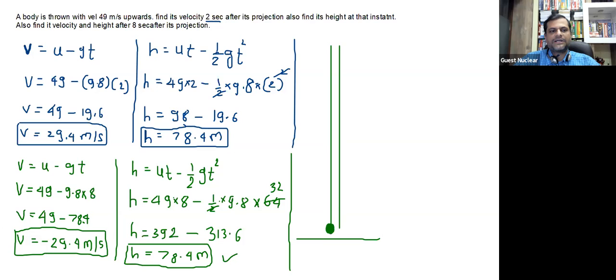तो अभी जब जाने का जो उसका पाथ है, तो वो देखो केयरफुली, यहाँ से वो रिटर्न किया, राइट। तो जाने का पाथ जो है वो अगर 2 सेकंड के बाद हमने उसका वेलोसिटी फाइंड करने के लिए ट्राई किया और 8 सेकंड के बाद उसका वेलोसिटी फाइंड आउट करने के लिए ट्राई किया, तो 2 सेकंड के बाद क्या होगा, वो ऊपर की तरफ जा रहा होगा, जबकि 8 सेकंड के बाद हमको पता चल रहा है कि वो